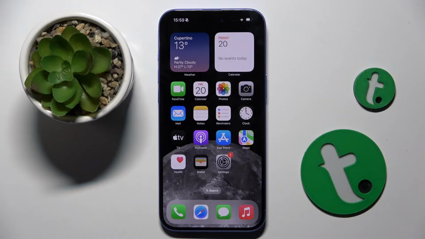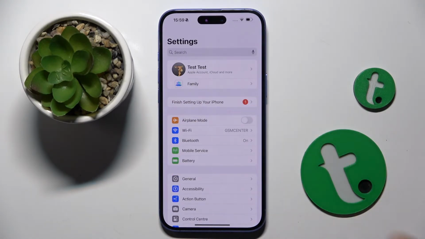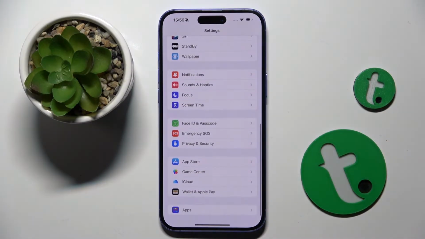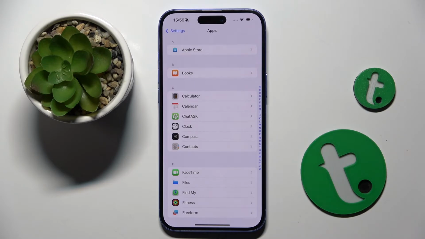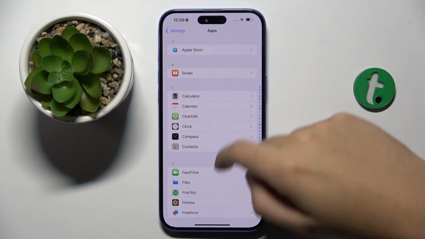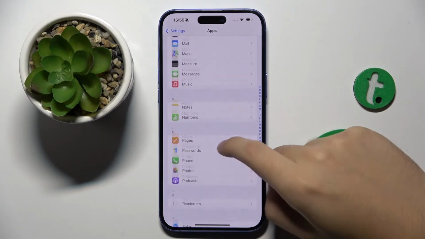Alright, so to do this, first you have to open our settings. Now you have to scroll all the way down, and here we have to open our apps, and now here we have to choose whatever app we want to manage our permissions in. For example, I'm gonna use Maps,